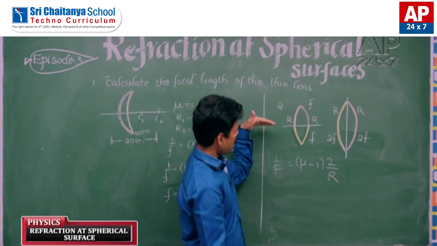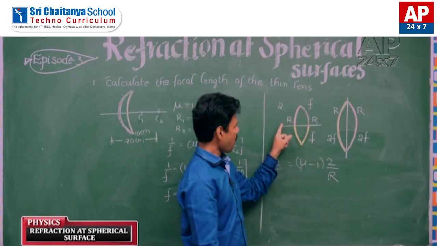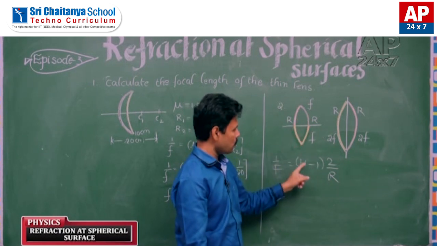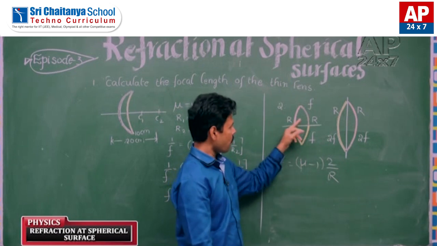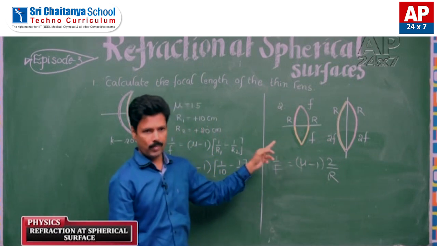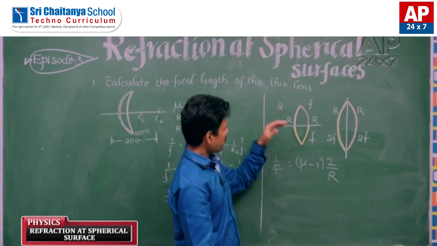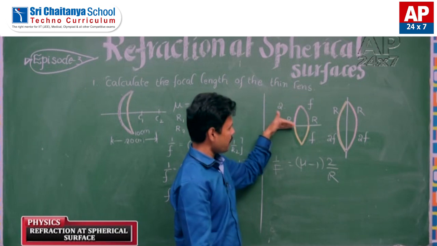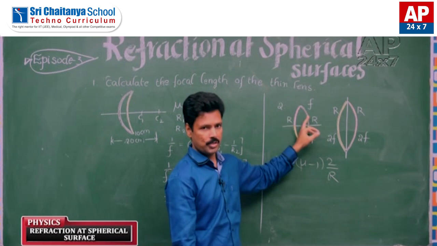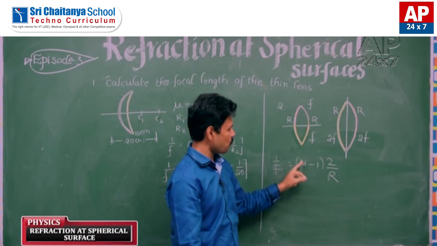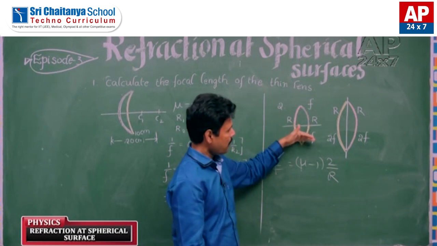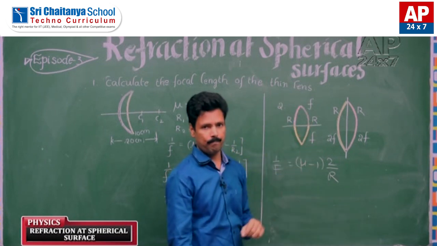Now, if you cut along the principal axis, R1 and R2 are changing and the mu value is not changing. That means focal length does not change. Is the point clear, students? See, once again, I repeat. Cut the lens along the principal axis. By cutting this, these R values are not changing, and for the lens the mu value remains the same. That means for each half part, again the focal length is the same, right?